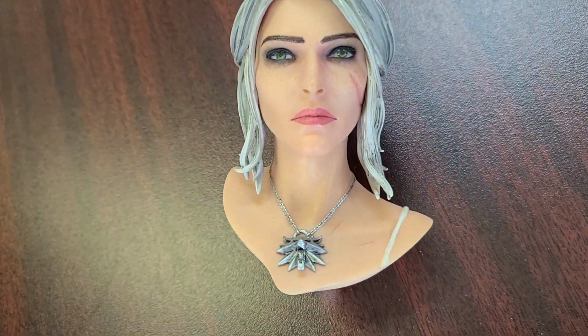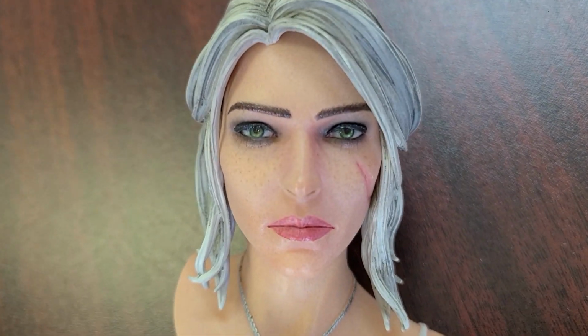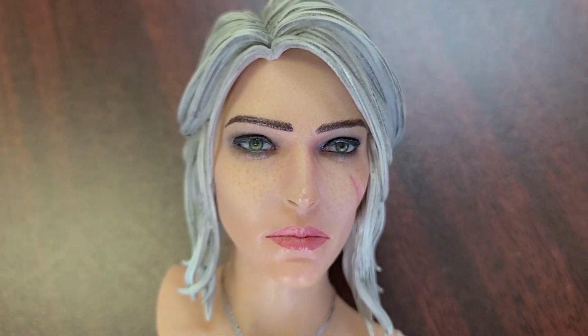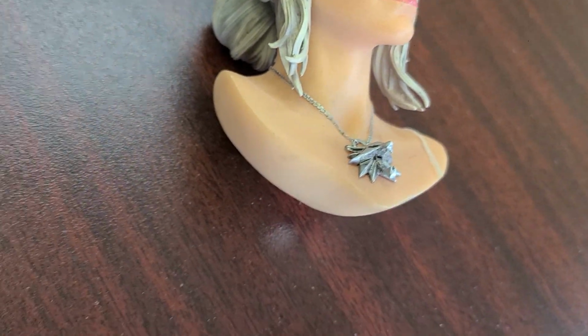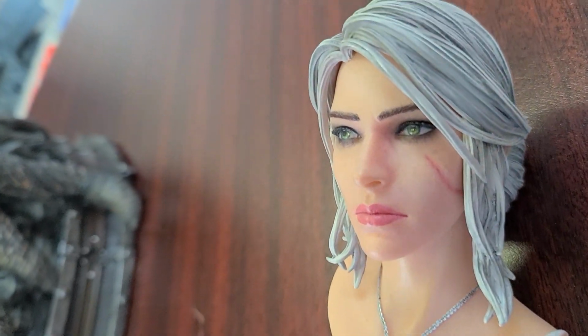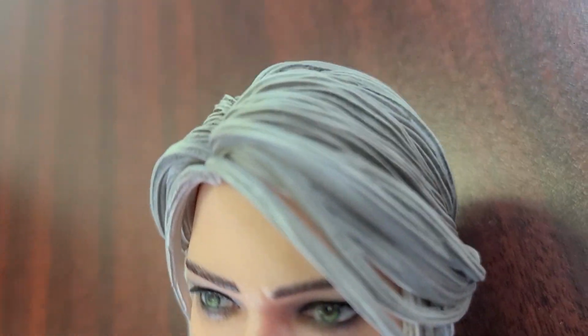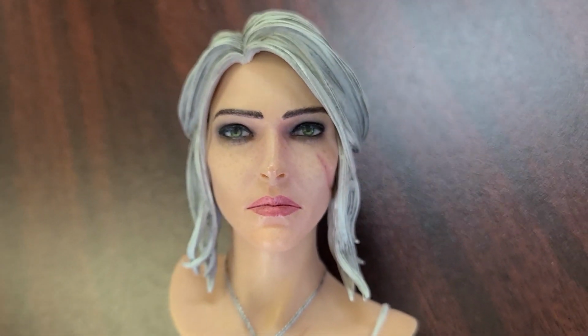Here's the alternate portrait. I think actually that looks pretty nice. This is the one that I didn't think I would want to display her with, just because I thought the one with a little bit of her teeth showing was a nicer look. But as it turns out, sorry for my finger in the camera there, this portrait turned out looking better, because if you look at this one,